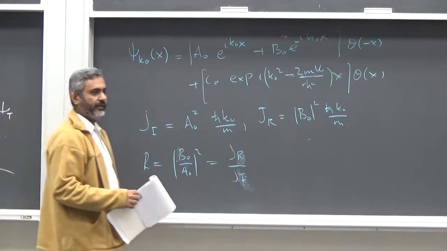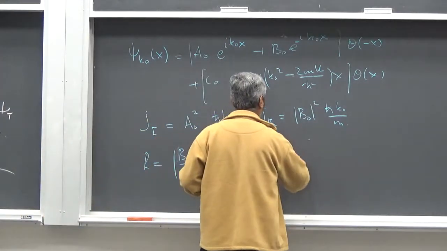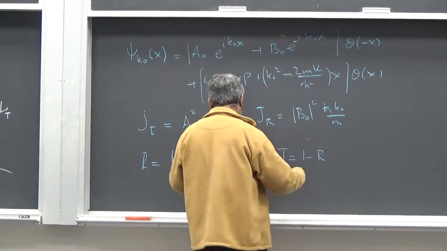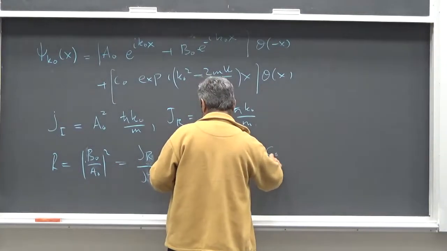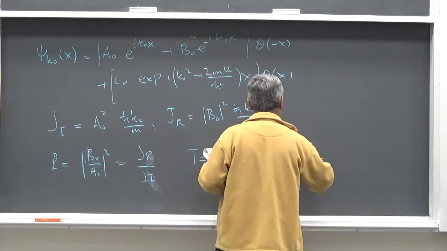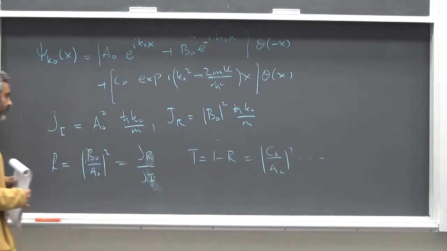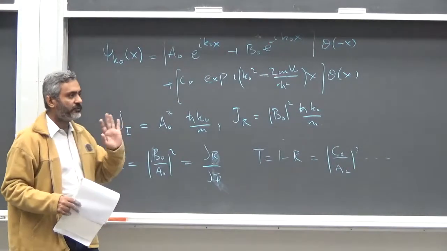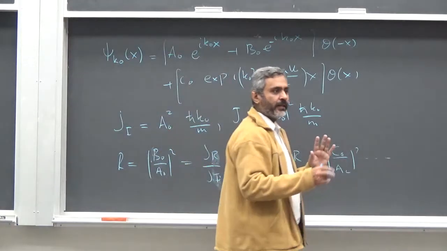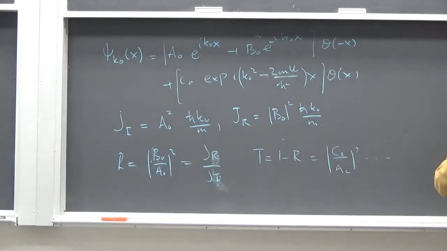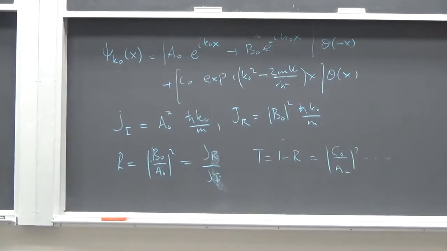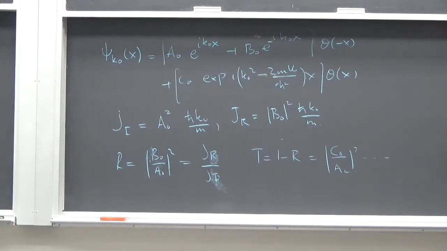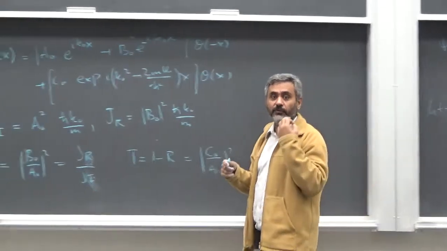हम 3 डायमेंशन में ये करेंगे और t हमें पता है 1 माइनस r है, राइट? और वो बेसिकली आप शो कर सकते हैं कि वो c नॉट ओवर a नॉट स्क्वायर और यहाँ पर आगे कुछ आएगा। लेकिन बेसिकली ये देखें, बहुत सिंपल सी बात कि अगर आप अपनी उस पिक्चर से दस्तबरदार हो जाएँ जिसमें एक वेव पैकेट आता है, वो टकराता है, वो टूट जाता है और आपको बहुत कॉम्प्लिकेटेड एनालिसिस करना पड़ता है, आपको कहना पड़ता है कि मोमेंटम स्पेस में आपने बड़े पीक होना है और फिर आपको उस लिमिट में 2 पैकेट मिलते हैं।